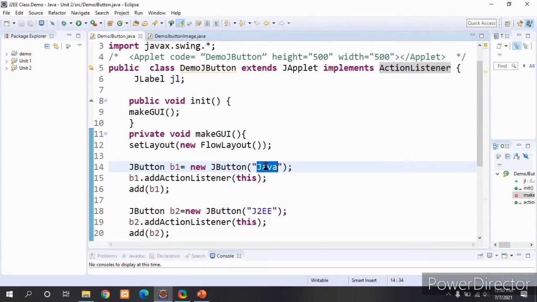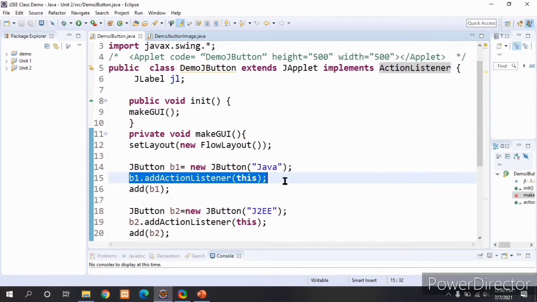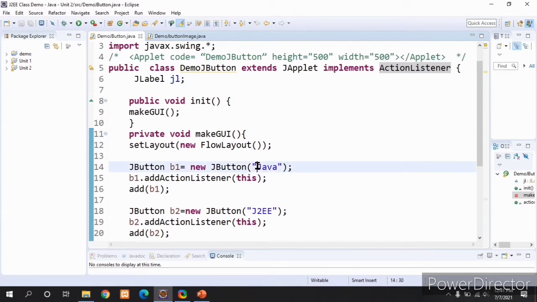We need to handle that action event. So I am registering this button b1, that is the Java button, with the action listener. Then I am adding that button to the content pane of the applet viewer. If we have not added it, it will not display on the applet viewer.